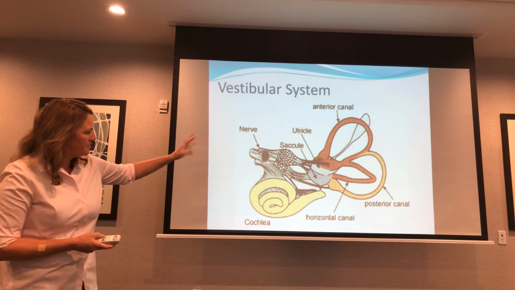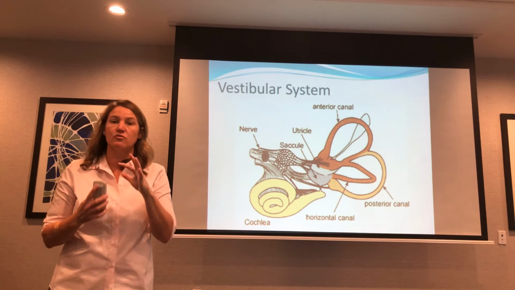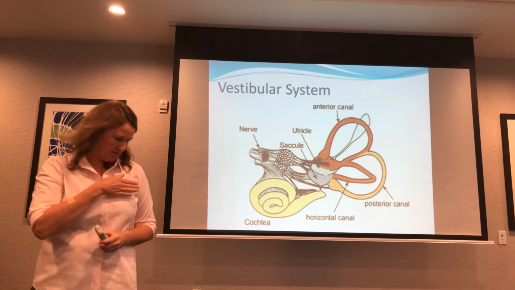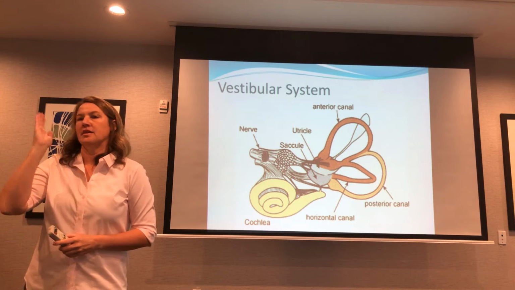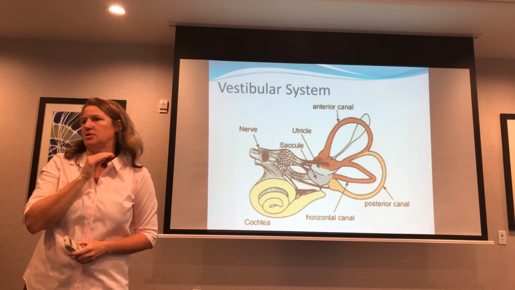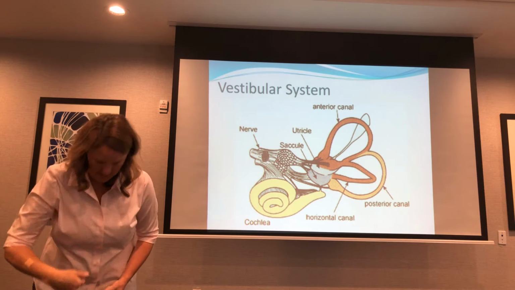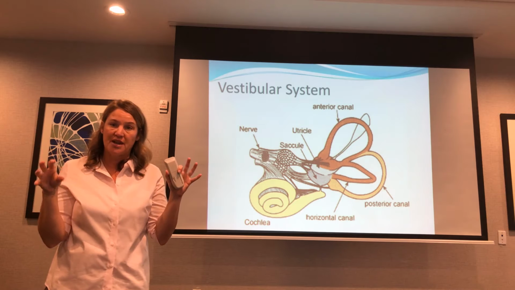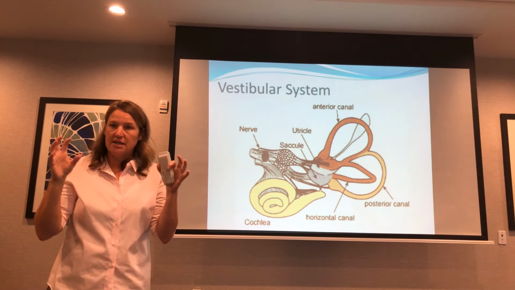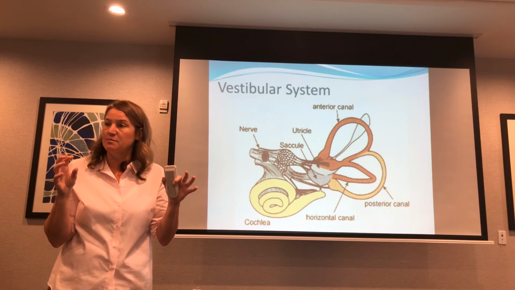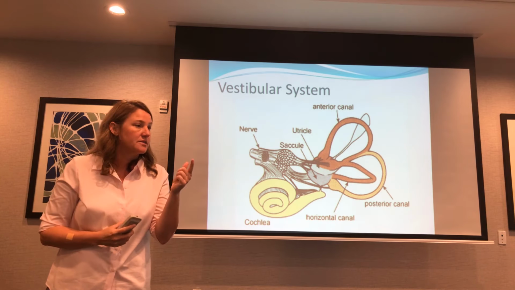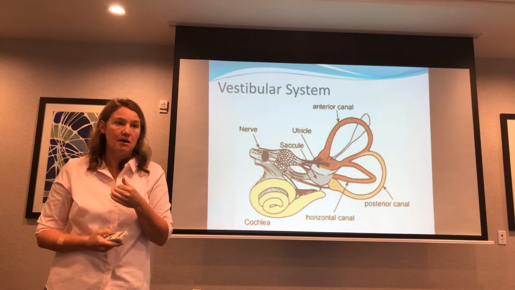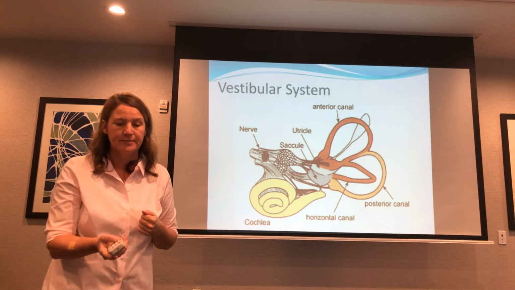Okay, so the semicircular canals are going to pick up motion in a variety of different directions by the way they are lined up. One of them is this direction, one is this non-linear direction, and one is more of a head-over-heels kind of direction. The combination of the 6 semicircular canals, 3 on one side and 3 on the other, is going to give you very complex feedback about how your head is moving. And it coordinates with your eyes. So we'll get into more detail tomorrow about how to look at their eyes and see a lot of information about the vestibular feedback.